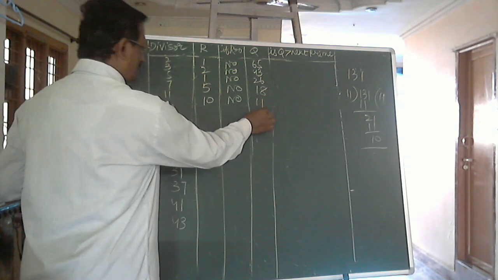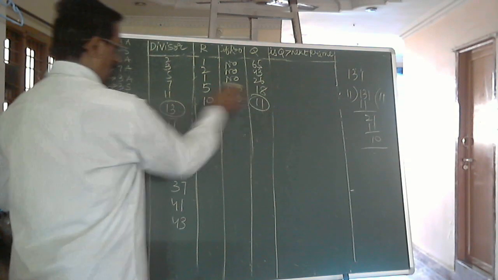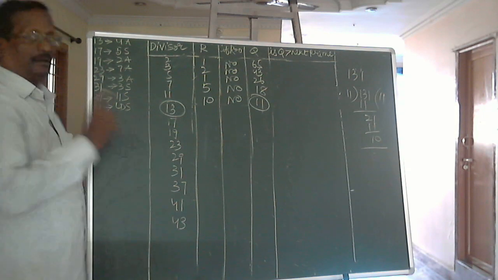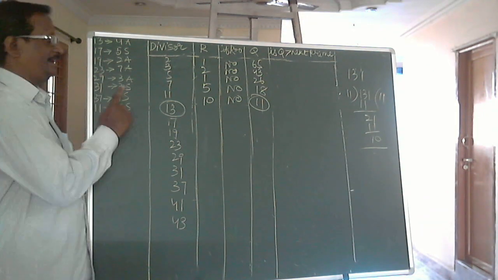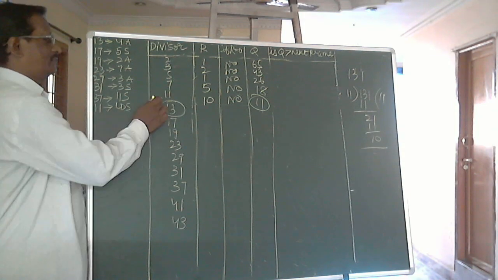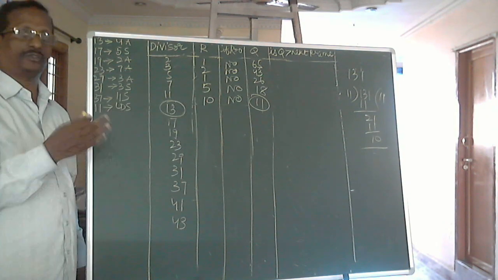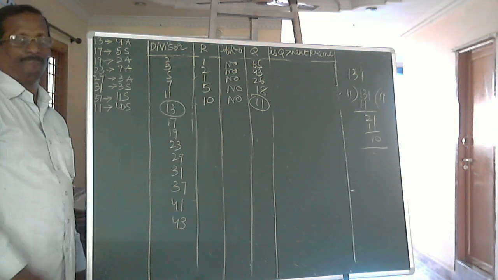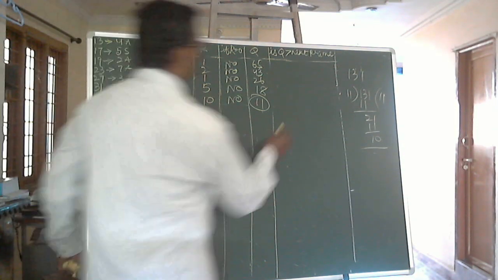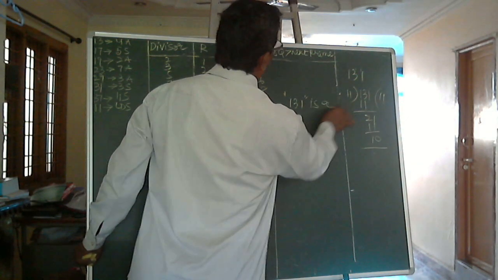this quotient is smaller than the next prime number. Quotient is smaller, next prime number is bigger. Therefore, there is no further division. The last division by which we need to check is divide by 11. We did not get any factor up to 11, means the given number will not have any factor more than 11. This is the deciding factor. Therefore, we decide now the number is a prime number. 131 is a prime number.